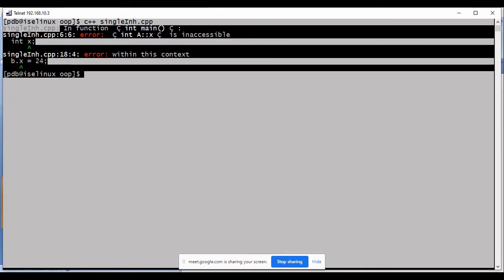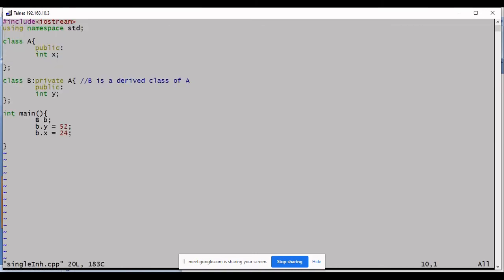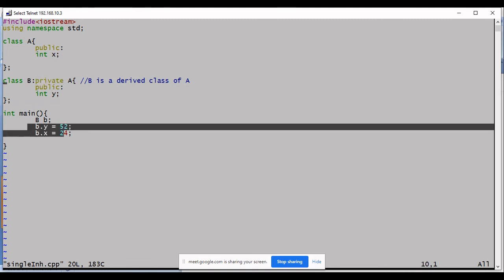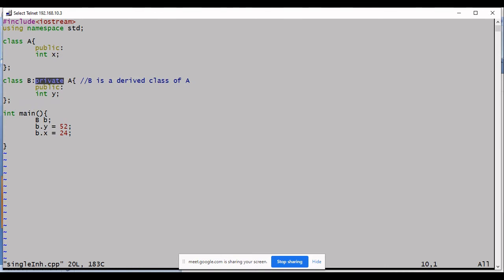The program which was working perfectly fine is showing error messages that says x defined in A is inaccessible. The same code, when the keyword was public here, I could access x and y, correct? But the moment I change this to private, compiler is showing error message for this statement. It says x is inaccessible within the main program. What happened when I change this access specifier?